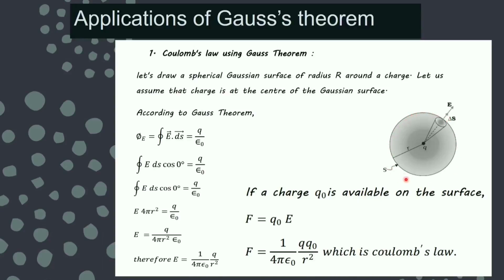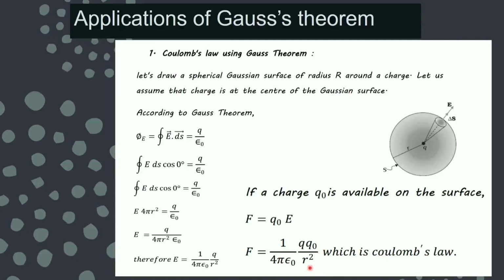That distance is, we have supposed, small r. So by this relation between the electrostatic force and field, you can write the value of F, which is equal to Q naught E, and the value of E we have seen by using Gauss theorem. So if I put the value, I am getting the expression for the force, which is equal to 1 upon 4 pi epsilon naught Q naught divided by r square.